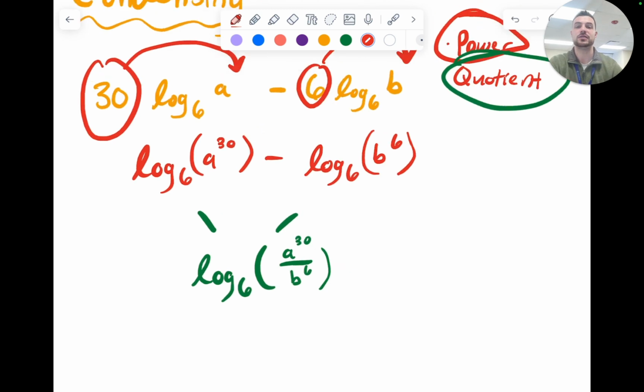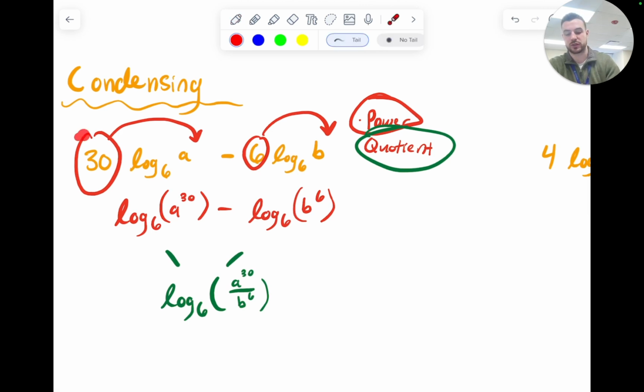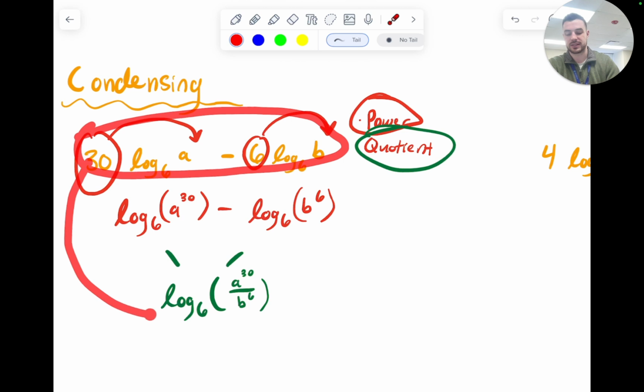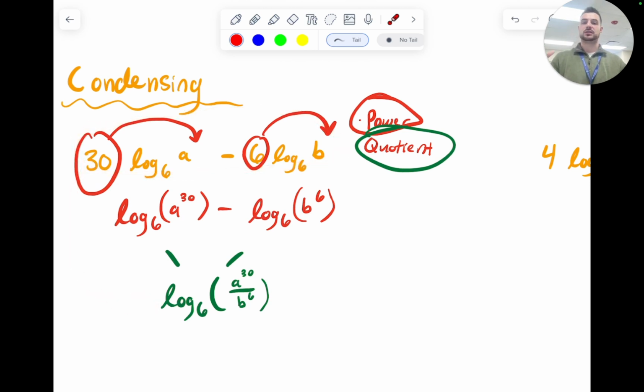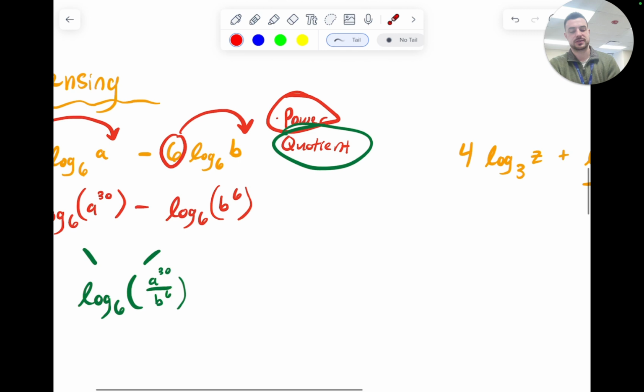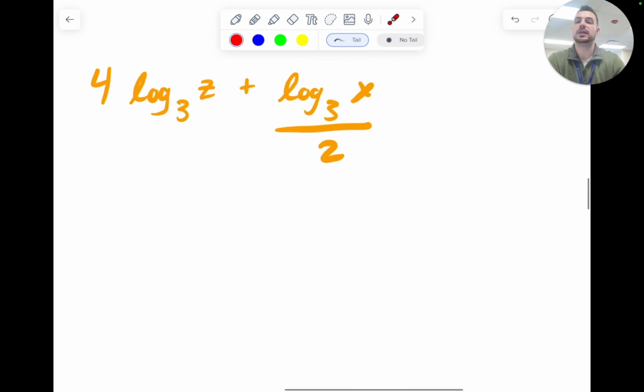All right, so as you can see, this is our original right here. We condensed down to 1 log, and it really does look a lot more compact. Our equation is a lot smaller because it is condensed using our properties of logs. Now, the last thing I want to talk about here is this problem. So we have 4 times log base 3 of z plus log base 3 of x divided by 2. So the first thing I want to do is realize that the division of 2 on the side is really